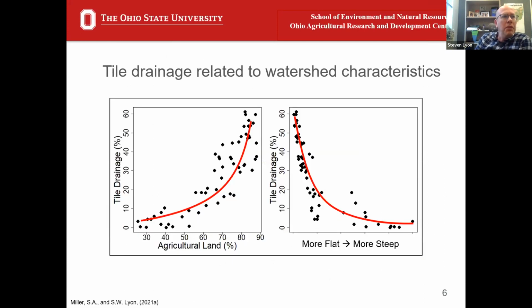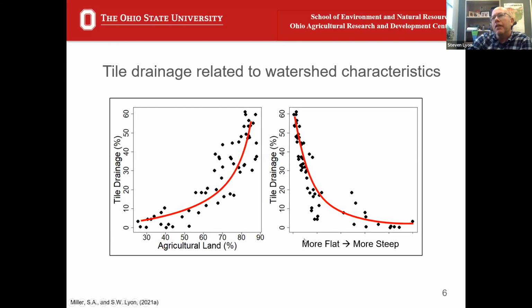So first, some basic results. We looked at, here in these graphs, how does the landscapes work for those watersheds? So across the x-axis there in the image on the right, as we have more agricultural land in a watershed, we see this uptick in Ohio in tile drainage percentages. So each dot here is a watershed. So for high percentage agricultural land, we have high amounts of tile drainage in that system.